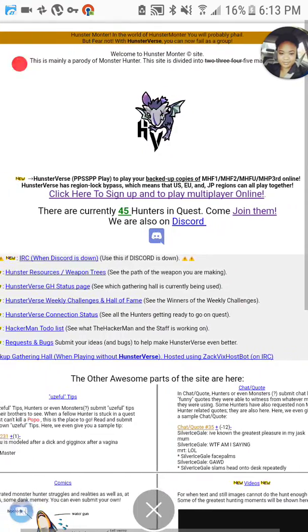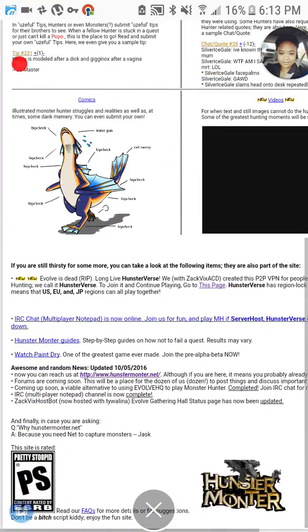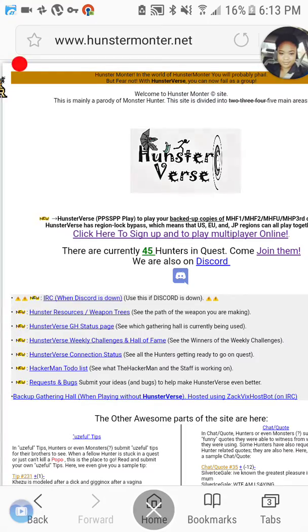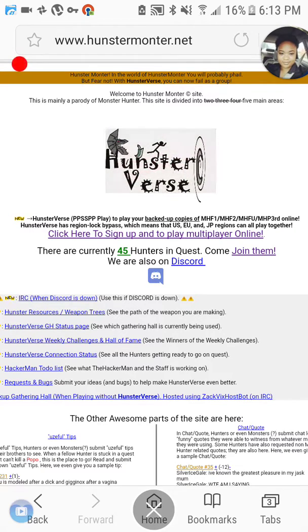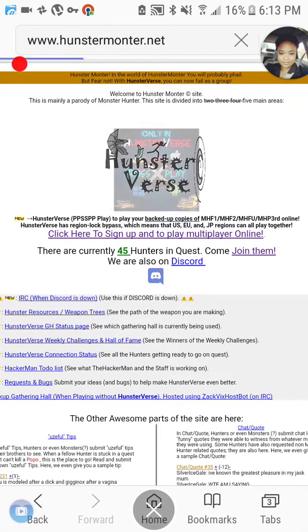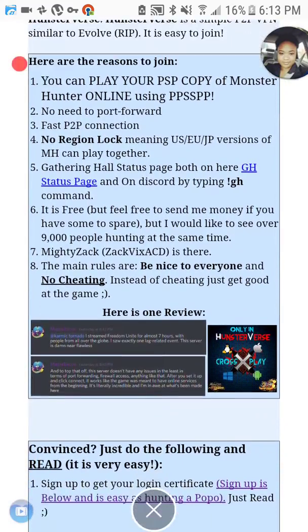Now they do tell you to join Discord here. You don't have to join Discord, but what we are going to do is first figure out where we are. Oh, this big thing telling us to sign up here. So right under where it says click here to sign up and play multiplayer online, we're going to touch on this, and it will take you to this page where it gives you the 1, 2, 3, 4, 5 through 8